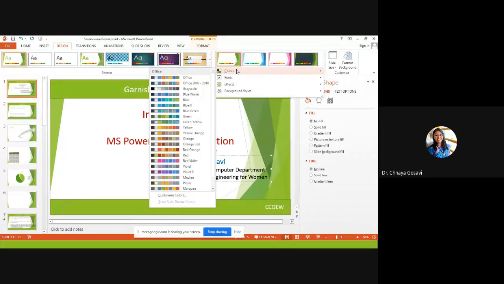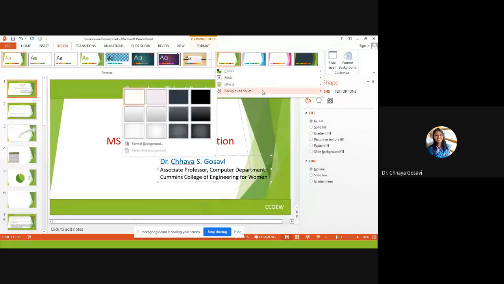And color, this is Office color or Office gray, blue or green. These color themes, if you go into the detail, are for the background, then for buttons, then for text, bullets. So these are the color themes. We'll go with the present color theme. Then for background, 12 background styles are given, 6 of light color and 6 of dark color. If you go with light color, this is the background.